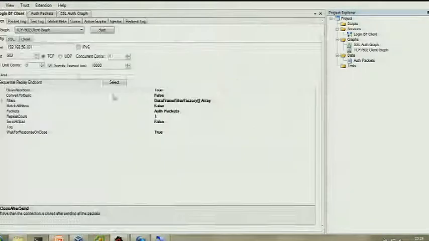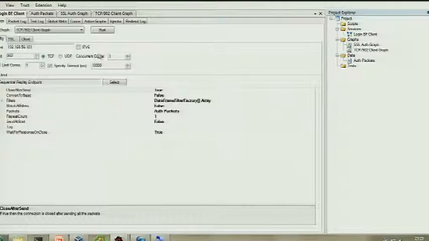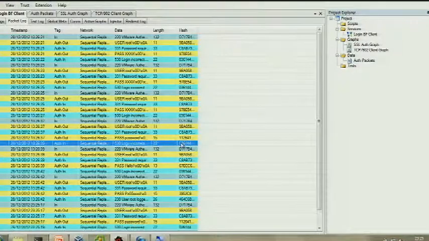So if I now connect it all up. So again, we're using the same sort of graphs which we're already using, so you can take them from a proxy and implement it in your client. So, for example, that looks pretty much exactly the same, perhaps slightly different naming. And if we hit start, you should see,